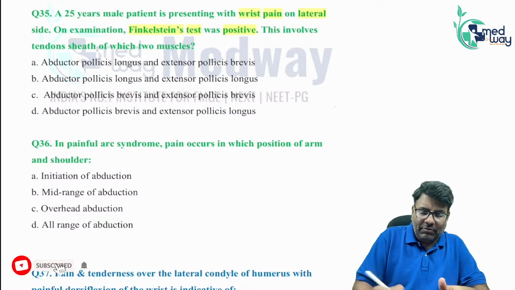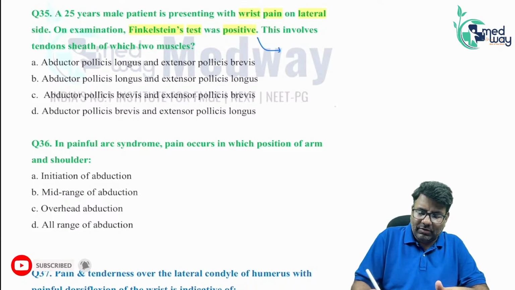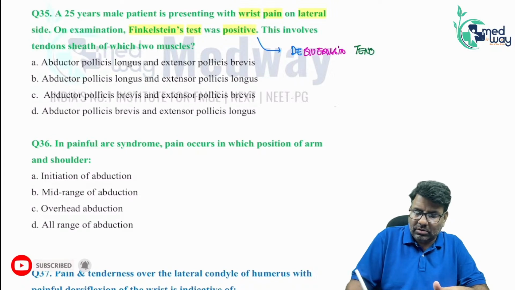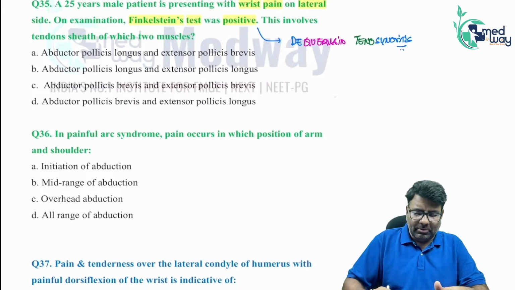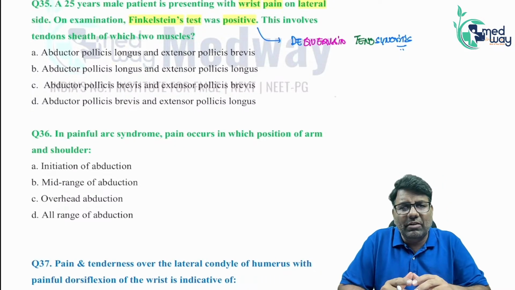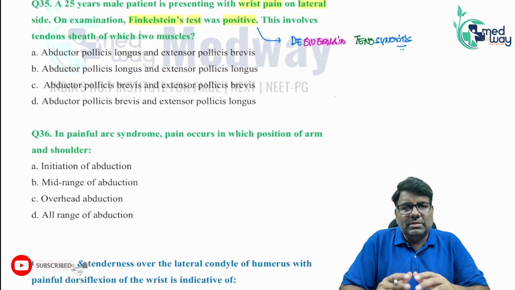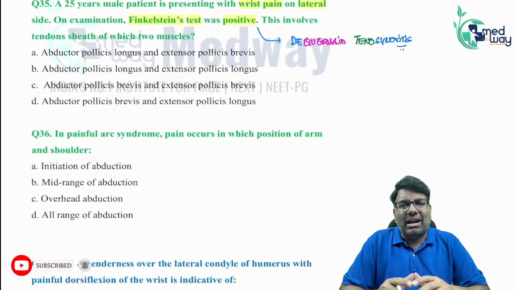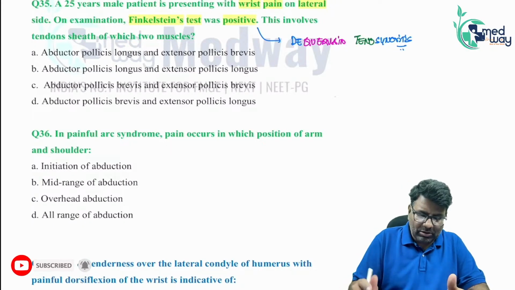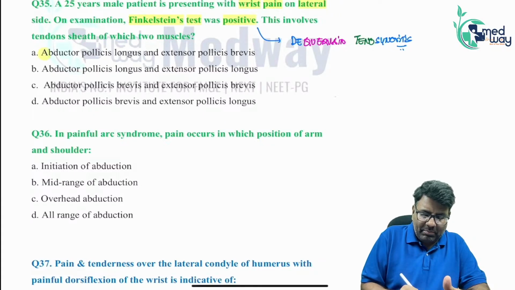Now when we say Finkelstein test is positive, the condition is de Quervain tenosynovitis. And this principally involves the 2 tendons which form the lateral boundary of the anatomical snuff box, and these are abductor pollicis longus